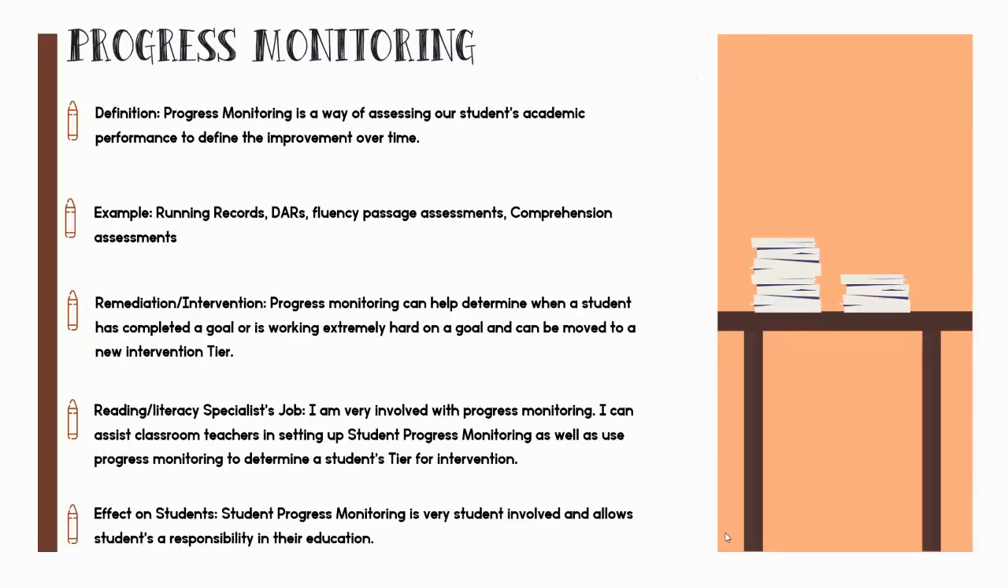The last term I want to bring up is progress monitoring, which is a way of assessing our students' academic performance over time. Students' progress monitoring, especially in upper grades, involves a student becoming more responsible for their work by giving them a visual for their progress. Progress monitoring should be done frequently. I suggest about 6 to 8 weeks to allow for enough improvement, but if you have a struggling student, it could be more frequently. Assessments like the running records, DARS assessment, fluency passage assessment, comprehension assessments, all are examples of